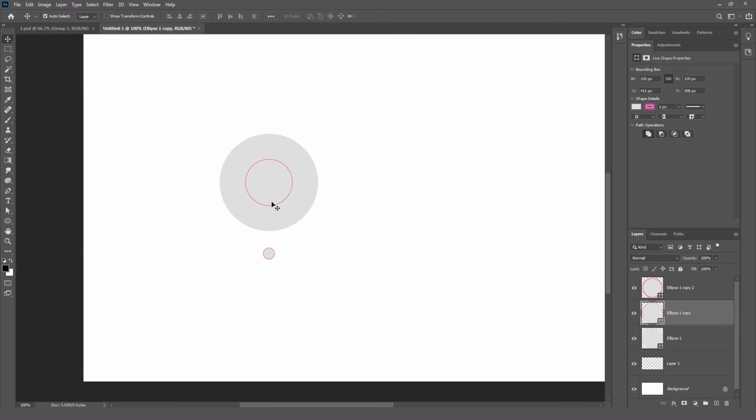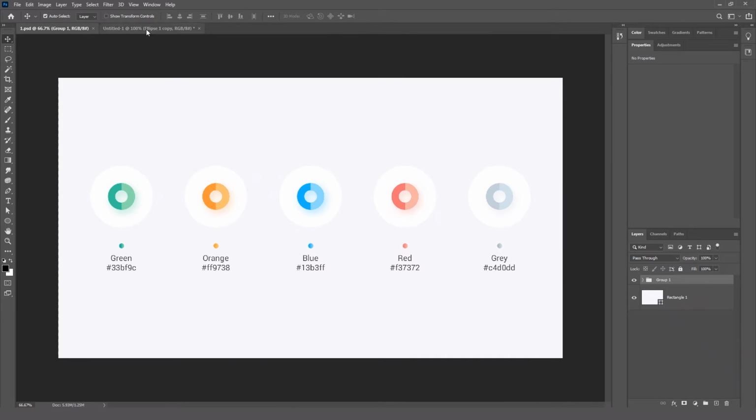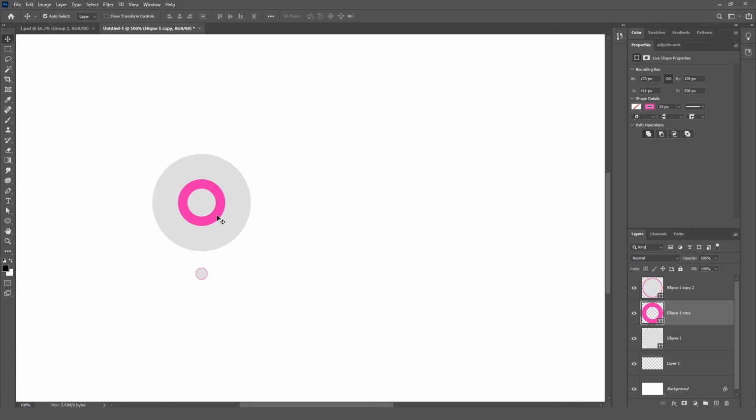In this circle I don't want fill, so I'm going to remove the fill and keep this outline circle as it is. Then I want to increase this size to 24. So you can see we have this kind of ring over here. Now we have this 24, and here I want to remove the outline of this, so I'm going to remove this outline.